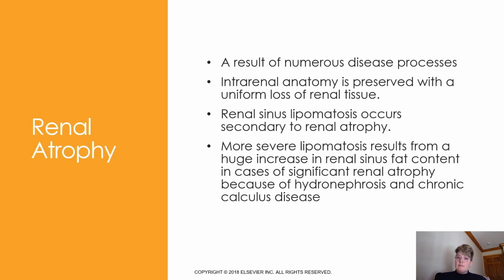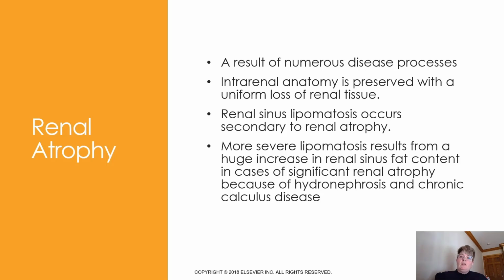And then our last disease that we need to talk about is renal atrophy. Renal atrophy can be the result of a lot of different diseases. We've already talked about hypertensive nephropathy that can cause it. Renal atrophy is just kind of the body's response to some disease that's really affecting the kidneys, most likely not getting enough blood to it, and so it just kind of starts to die off